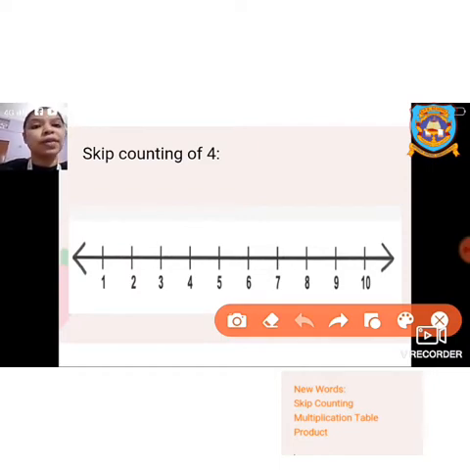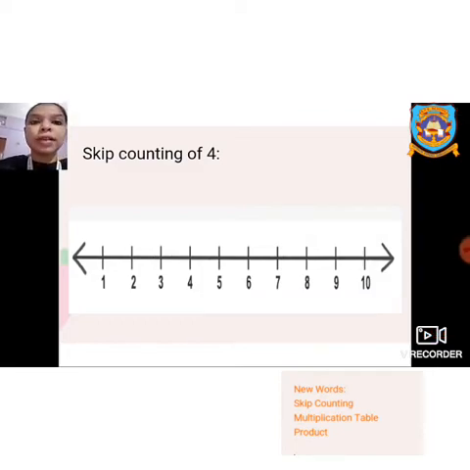The arrow is given here. That means it can be extended. It is not a line segment that is fixed. It is a ray and it can be extended. If you put an arrow mark on that side, in whichever side you put it, that means on that particular side it can be extended. Here the number line can be extended on both the sides. It is not fixed.